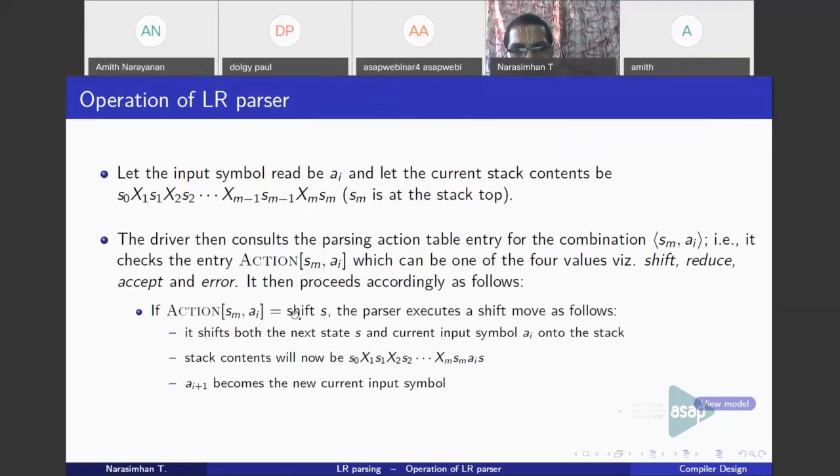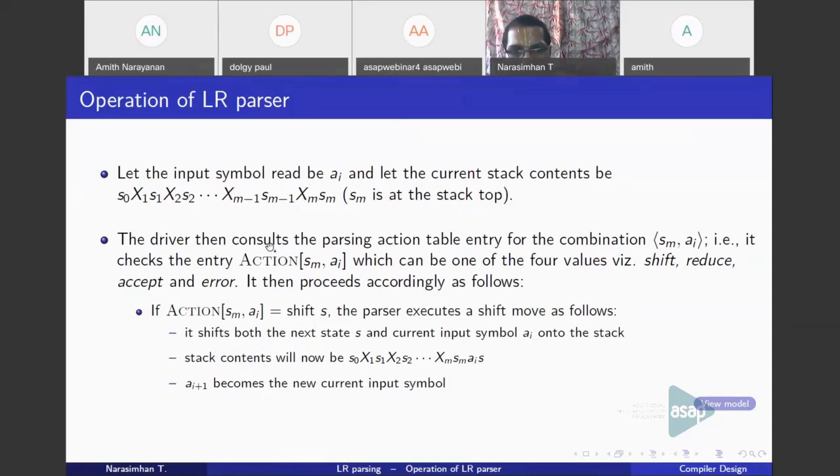So this is what is written here. When the action specified is shift S, you will shift the input symbol into the stack, and the next state symbol will also be pushed into the stack. The finite state automaton was in the state Sm, and now it is changed to the state S. So both the state S and the current input symbol will be pushed into the stack.